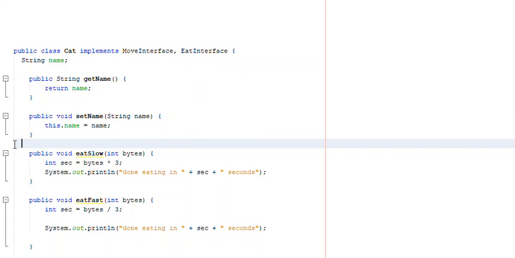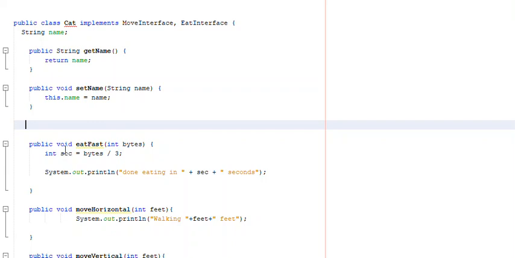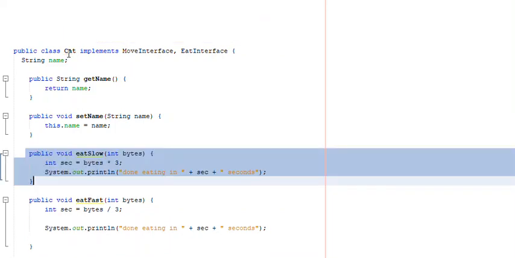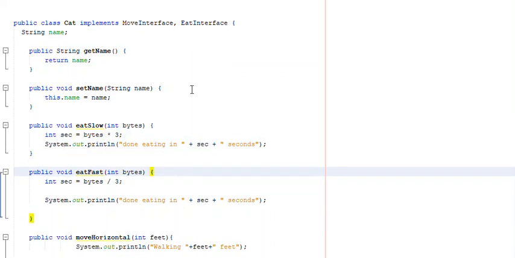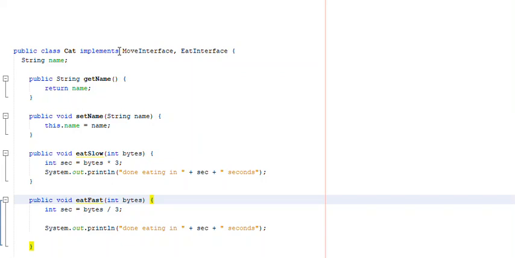body. So let's say I take out this eatSlow method, right? Now I am having a problem here. As you can see, it is saying that the class does not override the method eatSlow in the eat interface. So it's going to fuss on me because I did not include that method. So the requirement is, if you implement an interface, make sure you provide a body for each of its methods. And as many interfaces as you implement, as many methods you have to have, right? And you have to provide a body for each of them, because when you implement that, you get the methods, but